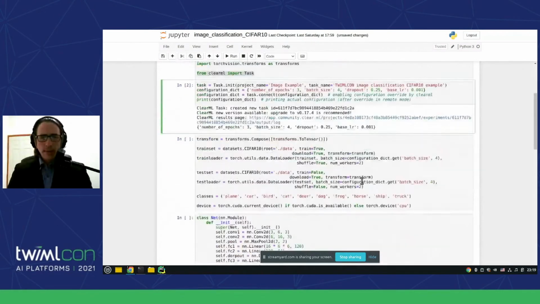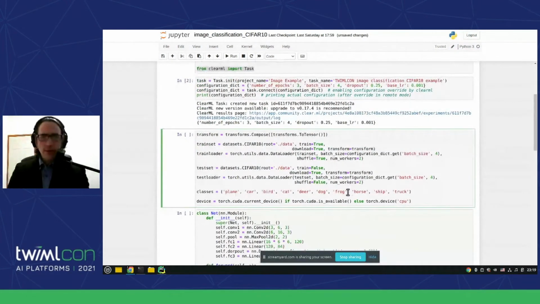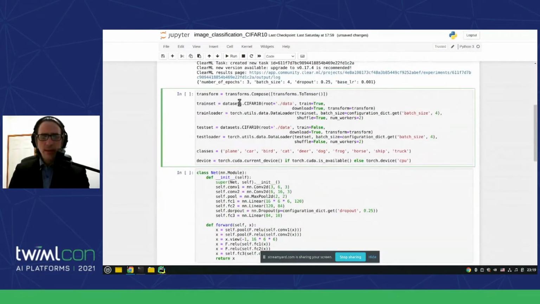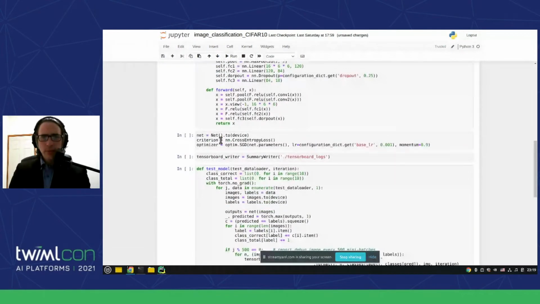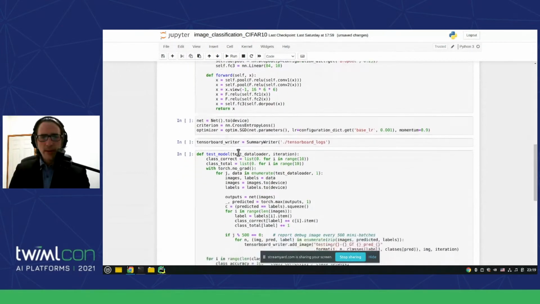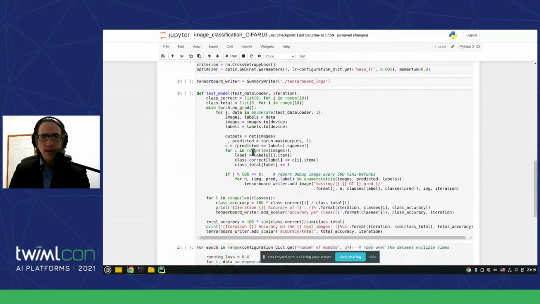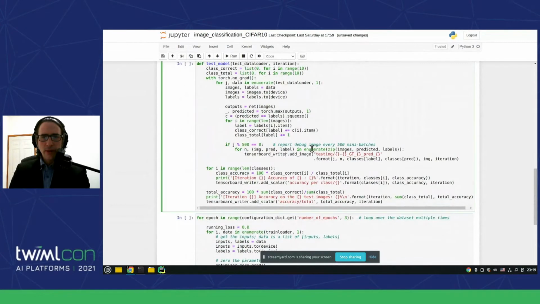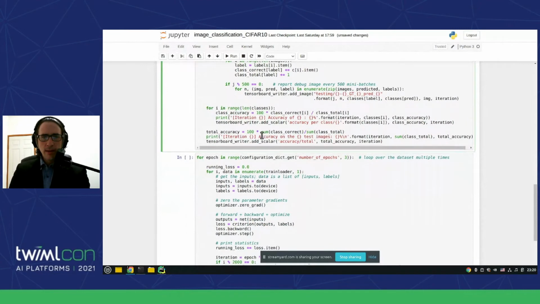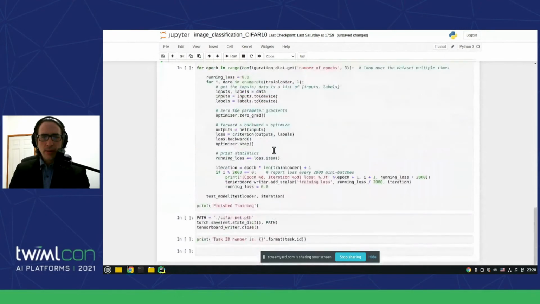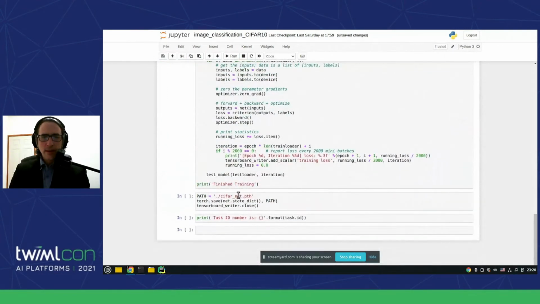Now, I don't think I should run everything because this is a laptop after all. But let's just see what it's doing. It's creating the dataset and test dataset, defining a network, defining the loss, the optimizer, creating a TensorBoard, creating a test function, reporting some images every 500 minibatches. There's some rule for the name. Nothing really unique. It's just a regular training, and so there is no more integration code. Even the saving, right? I'm saving a model.